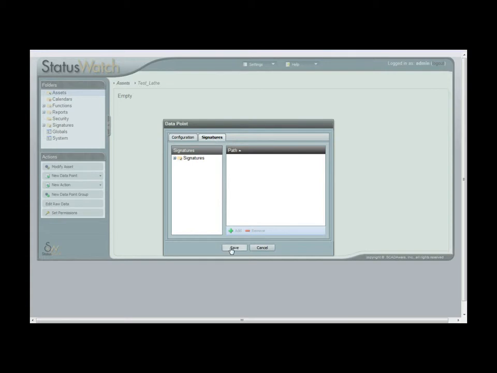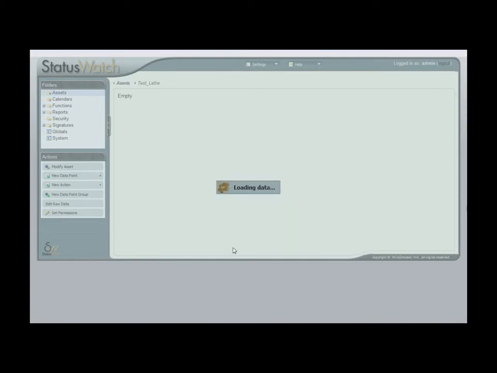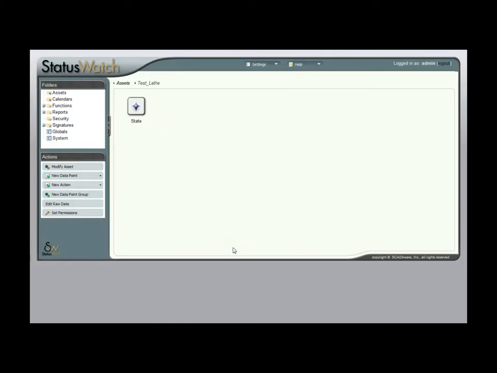I'm going to go ahead and hit save. It will think for just a moment, and then my new data point will appear on the screen. It is represented by this little star, looks a little bit like a star or a bullet point. Right away this is collecting data. As soon as I point it to that OPC tag and start it up, hit save, it is collecting data